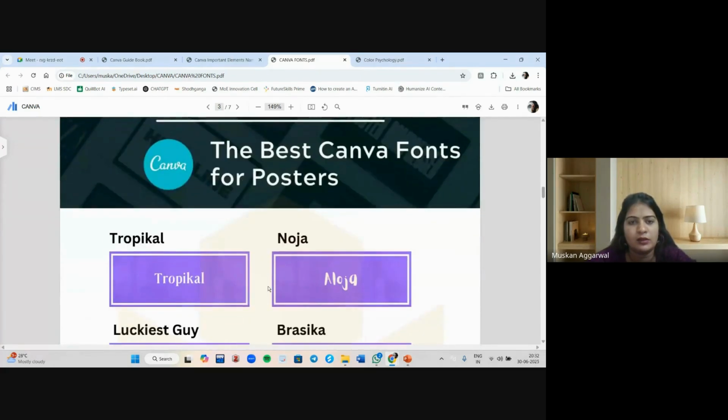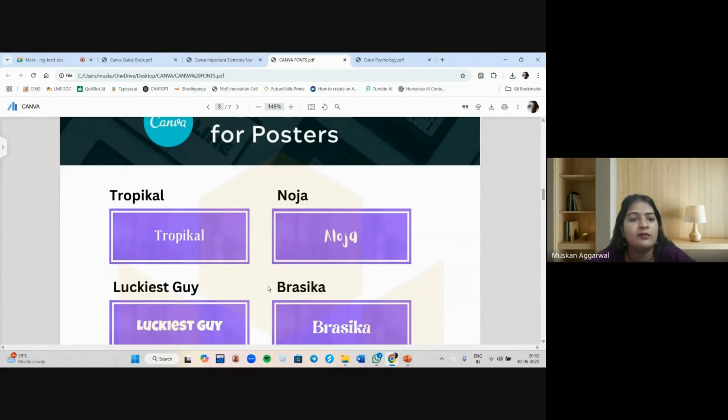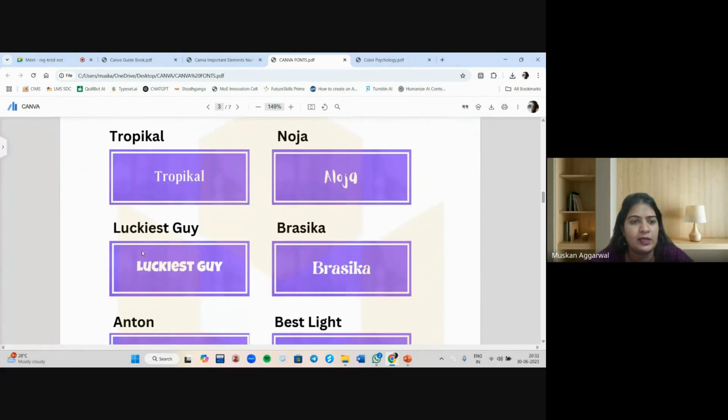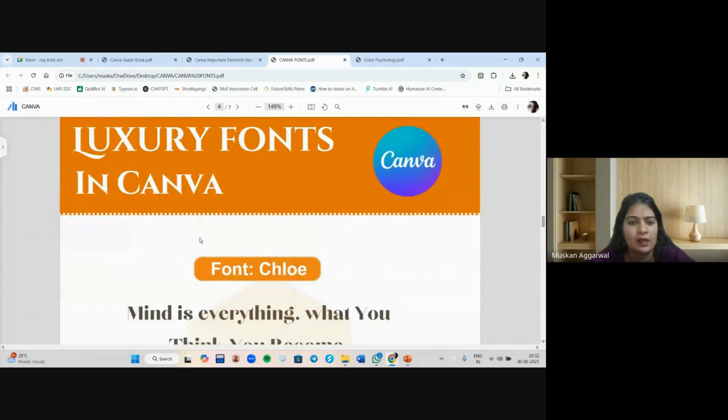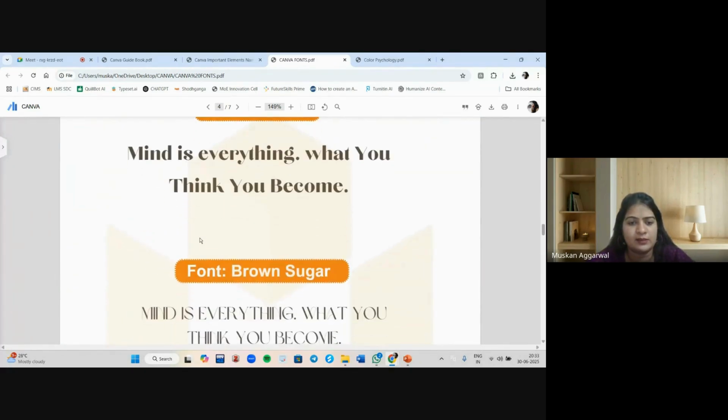So these are the best Canva fonts for posters. Like you can use this font, Noja, Luckiest Sky, etc. And like this